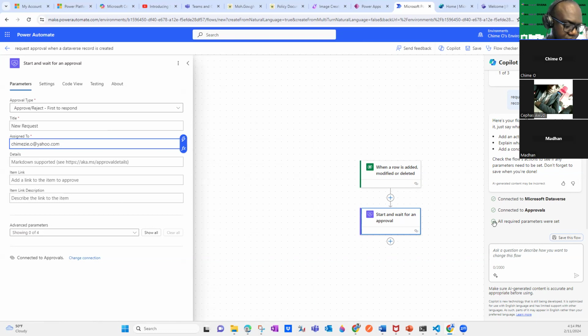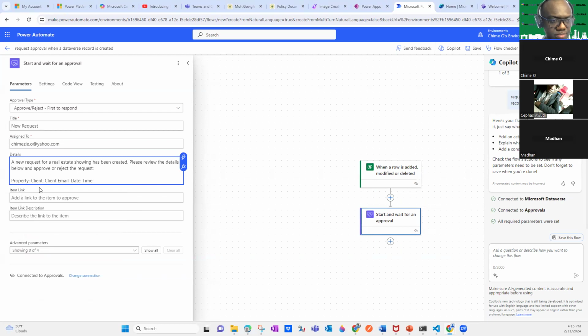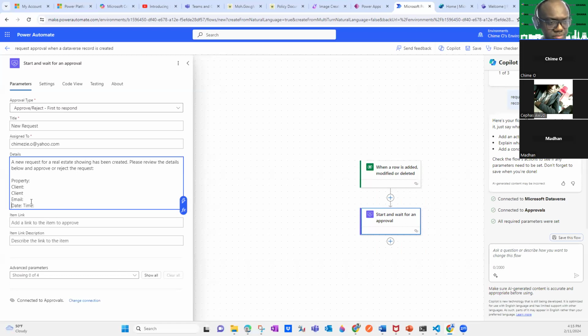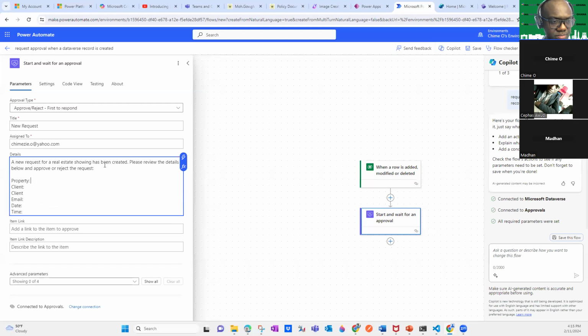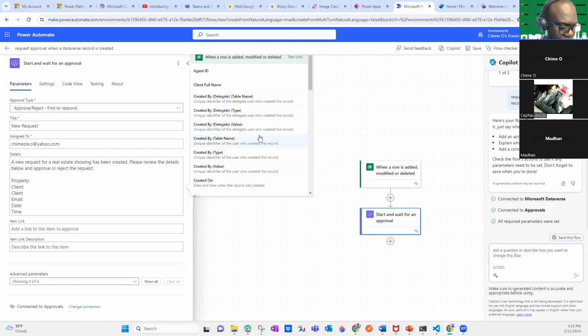Another thing we also look at is the details. There's markdown that we can use. Within Power Automate, using parameters, we can use markdown there. We can say, for example, what details you want to appear on that approval. The type of markdown supported is pretty flexible, or simple, should I say. You're also trying to dynamically bring in elements from Dataverse, so you can just bring that in dynamically. And then when the model is changed, what property is it? What kind of things do you want to do?